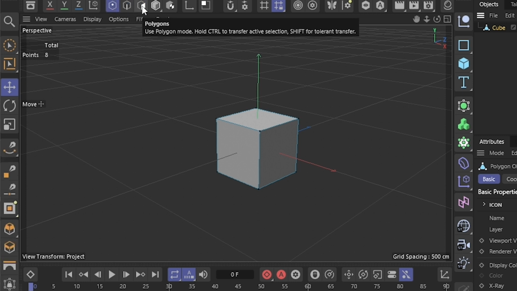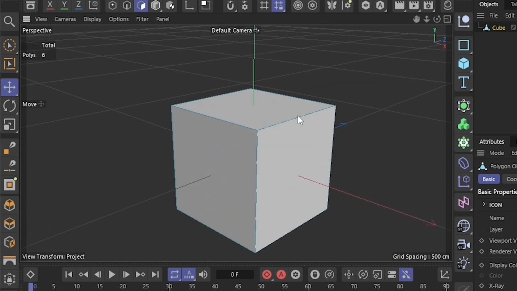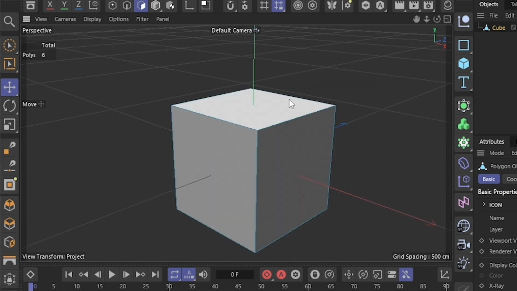Let me show you for an example. Let's click on the face selection mode. If you click on the face selection mode and hover around the object, you will see different faces highlight up. So if I go over to the edge selection mode and hover around the object, you see the edges highlight up. And if I go over to the point selection mode, you see only the individual vertex, the individual point